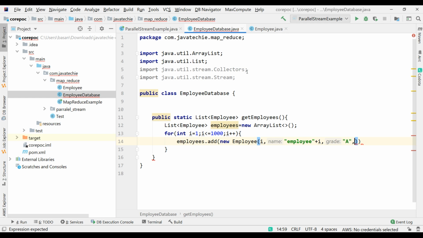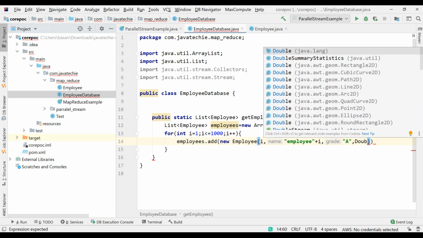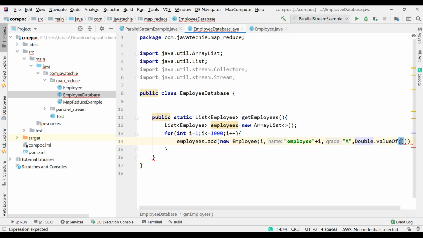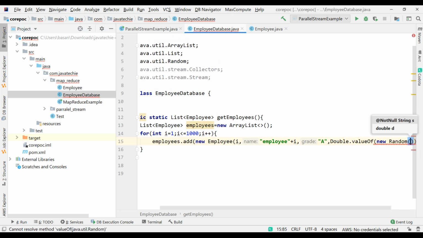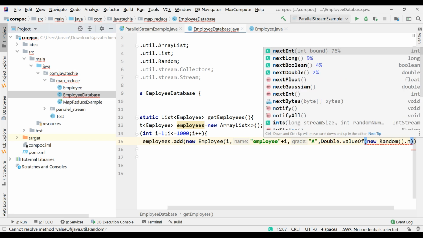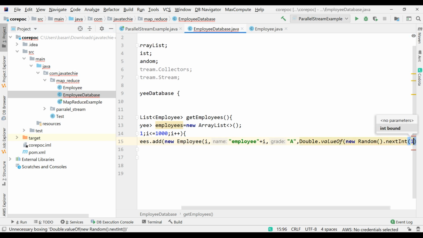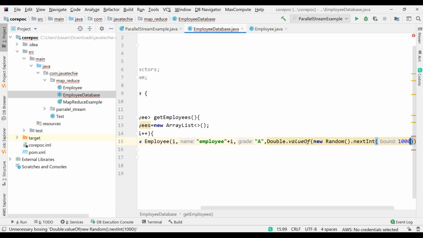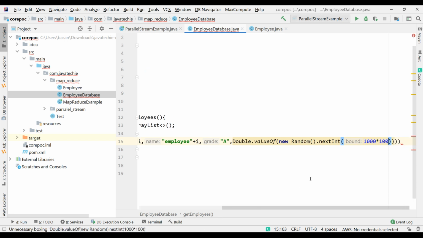So what we can do, we'll write Double.valueOf, just pass new Random().nextInt, and I will pass 1000 into 100. Okay, just add the semicolon because I just want to generate some random number so that I can find out the average.